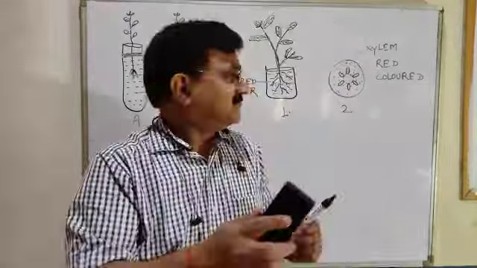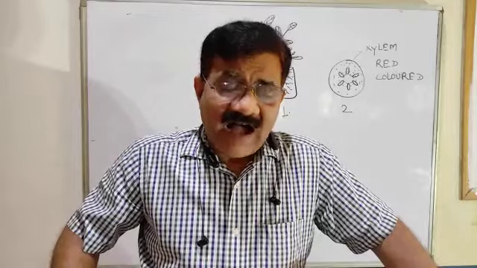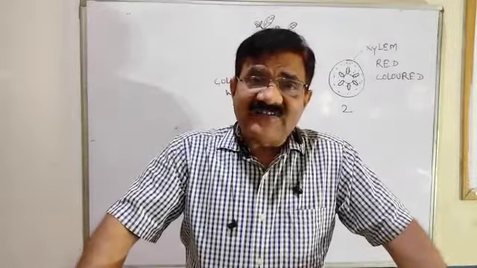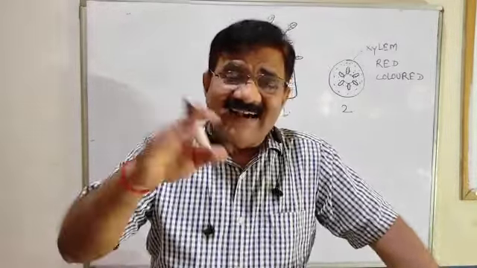Now, dear children, we know that xylem conducts water from the root to different parts of the plant body. Xylem carries jal, which I have taught you. And how can you prove that xylem only conducts water? No other tissue in the plant conducts water other than xylem. Do one thing. Consider here also a balsam plant or any small herbaceous plant.